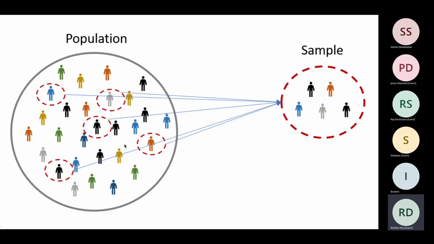Suppose our population is the number of students in an entire school, and I want to start remedial classes for students whose marks are below average. So firstly, I'm going to go through each class and find out the students who have less marks than the average. I'm going to take a few samples from each class, and I'm going to start my remedial classes with those students. It's fine.